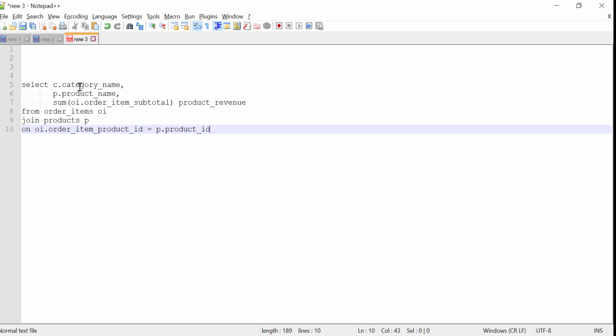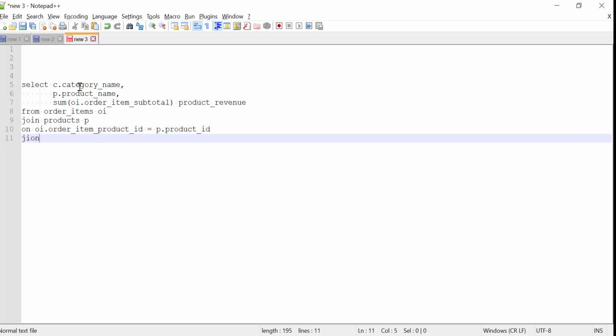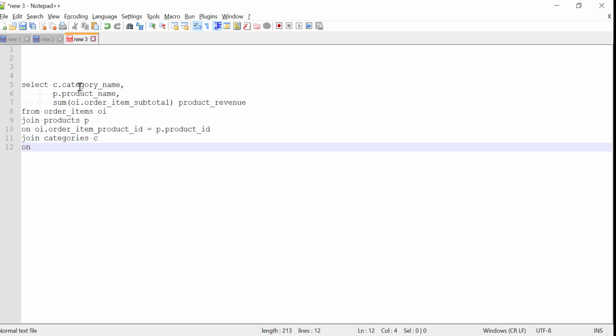Now this is how these two tables are related, and then we will join this data with the other categories table because we have to fetch the category name as well. So I'll say join categories C, and then specifying the condition here on P dot product_category_id, which is basically equal to C dot category_id. So this is how these tables are related.